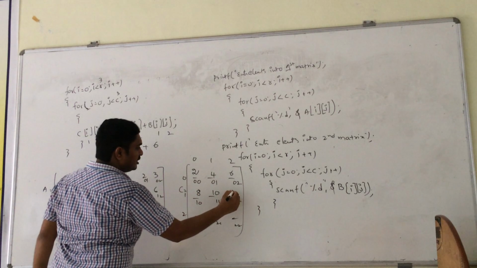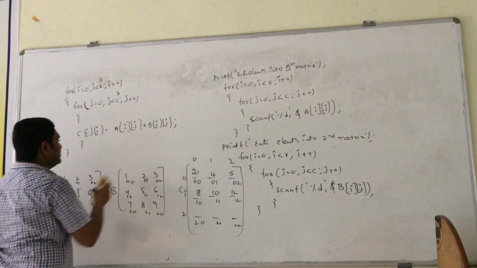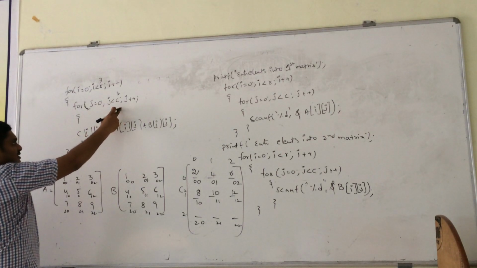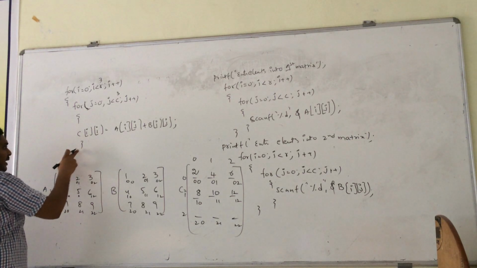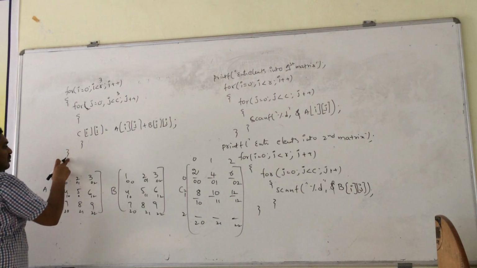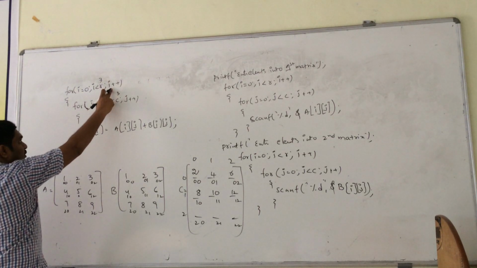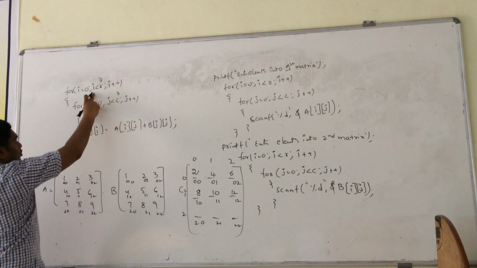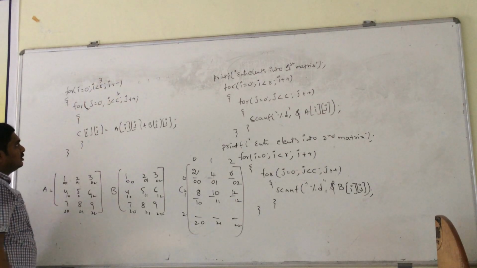C of 1 2 position is here. Again the loop is ended, J value incremented and 3 less than 3, condition false. Hence it terminates the loop. This termination belongs to the outer for loop, then the I value is incremented. So after the incrementation, I value 2, 2 less than 3, condition true. Again enters into the loop.